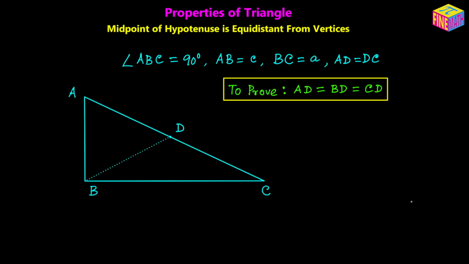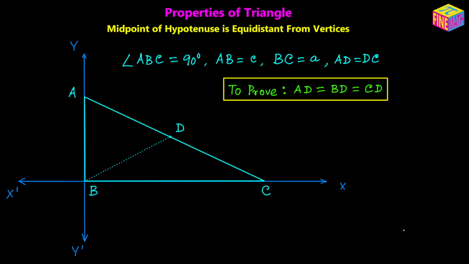Now, what is the easiest way to prove this? Well, the easiest way to prove it would be to attach this triangle to the Cartesian coordinate system, kind of like this, where the angle B will be on the origin and AB will be part of the y-axis and BC will be part of the x-axis. If we attach the triangle to the Cartesian coordinate system like this, then the proof will become very easy, because